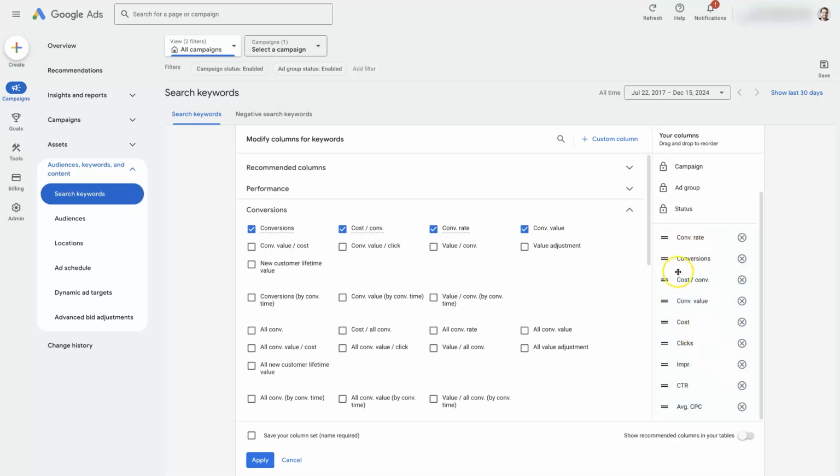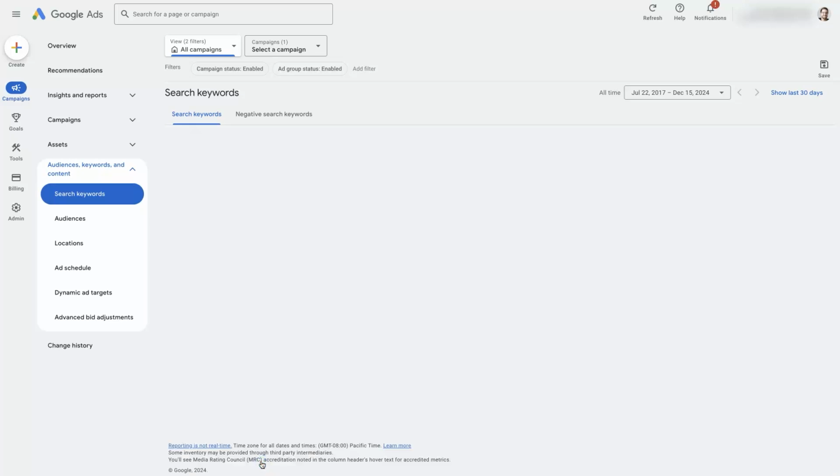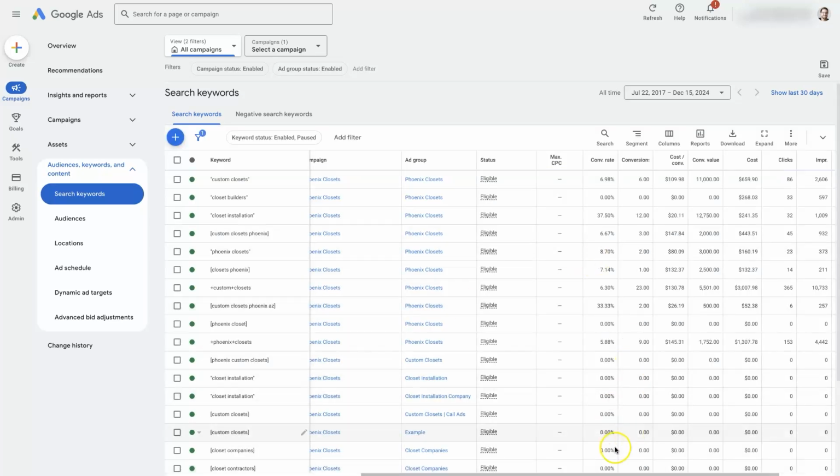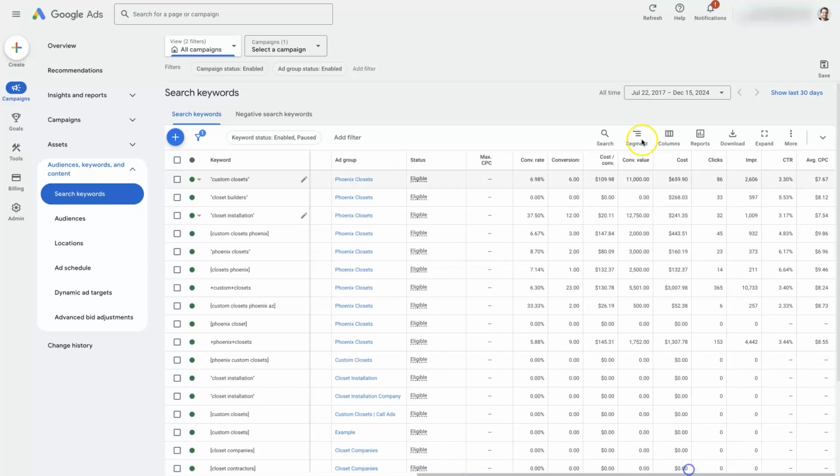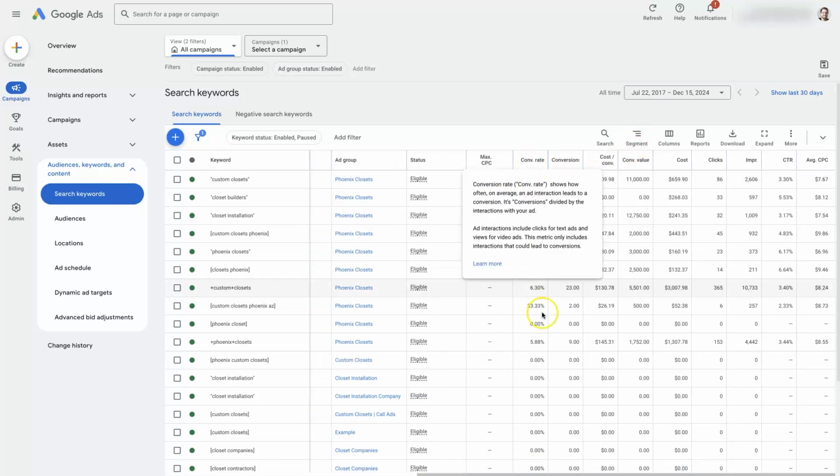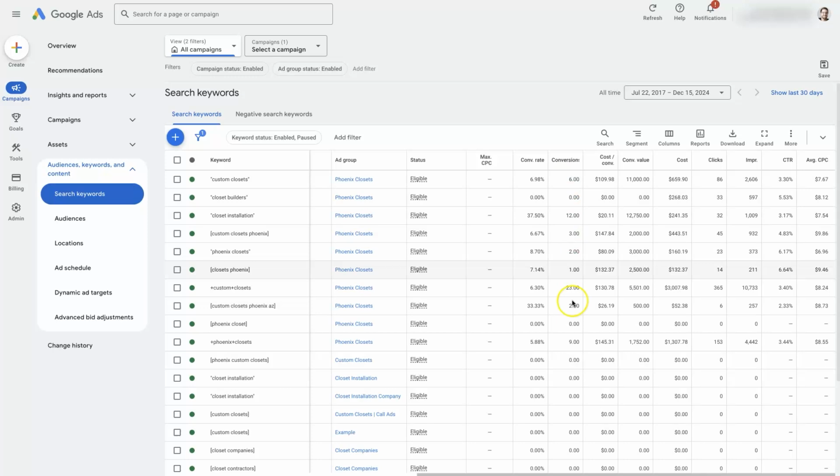Once we've added some columns into the list here, we can just click apply. And then that is going to show us these new metrics. So we've got our conversion rate, our conversions, cost per conversion, conversion value, overall cost, clicks, impressions, a bunch of